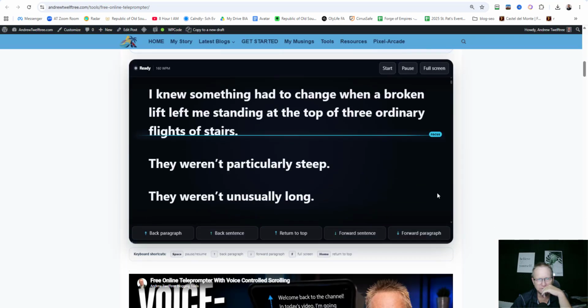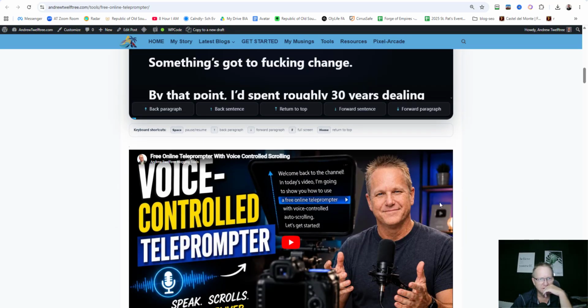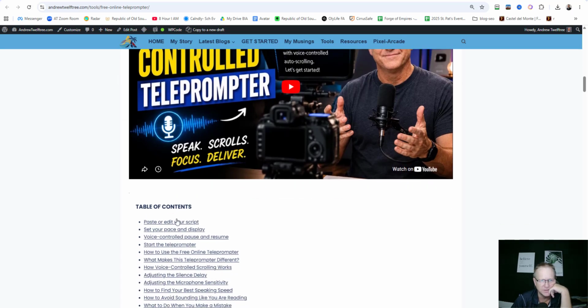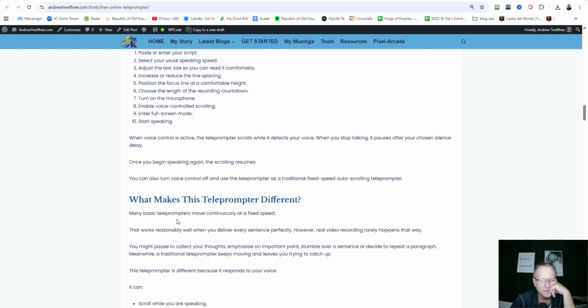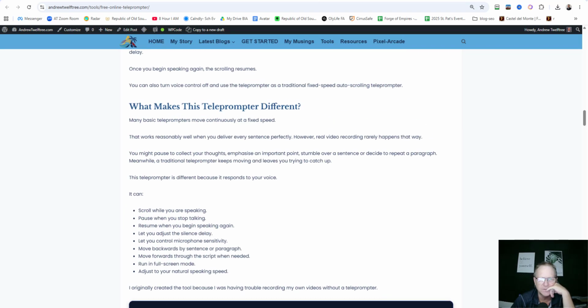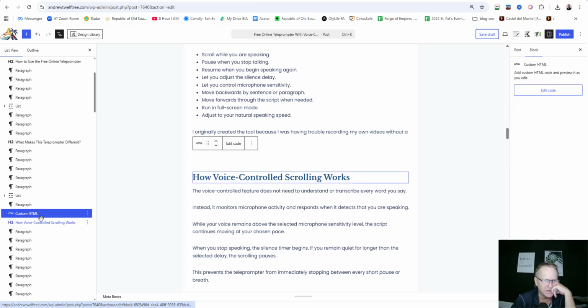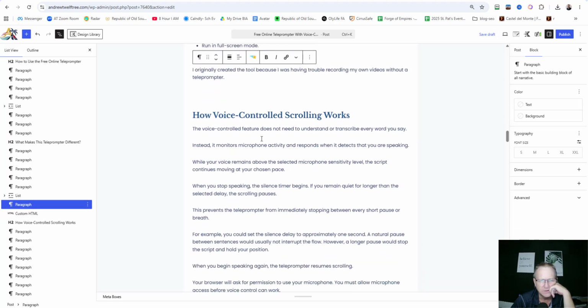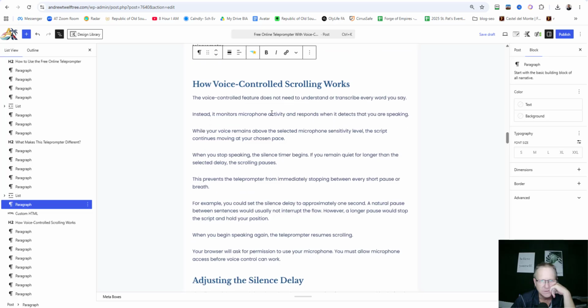Alright, so there's the tool, come down, there's the video, there should be an ad in between. You can see by a little dot there and a little dot there, it shows you there's an ad there. There it is, on the site, there it is, the shareable insight, smack there. So it has worked. So you just put it in a custom HTML. Which is a shame that it doesn't display there because you want it to. Anyway,